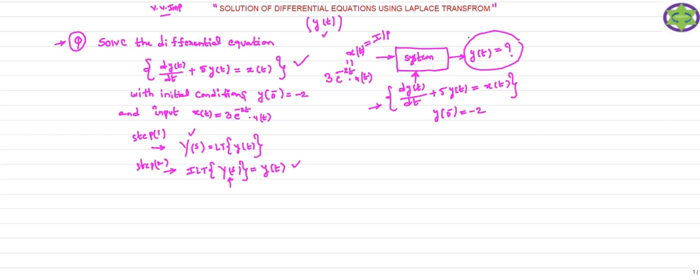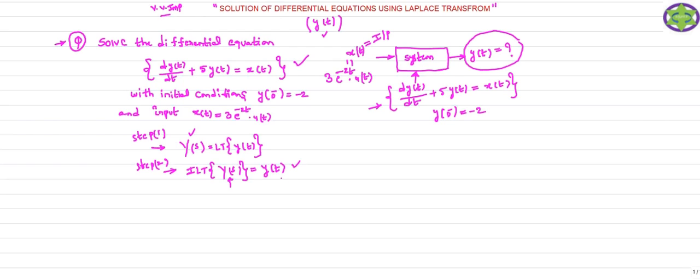In the process of finding Y of t, the first step is you have to find capital Y of S. How can you find capital Y of S? We will see a little later. While finding capital Y of S, you are using the input and the differential equation that is governed by your system. And after finding Y of S, you find the inverse Laplace transform of Y of S,